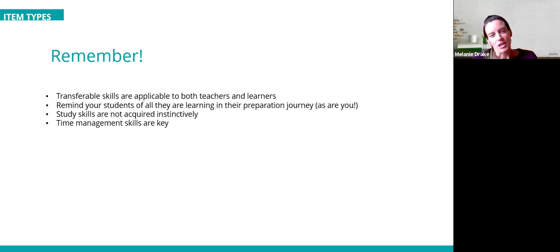I wanted to mention as well, though, that study skills are not generally acquired instinctively in our learners. So it's something that we want to be very mindful of as educators in the classroom. Note-taking skills, for example, is one example of a study skill which is absolutely crucial to success in a test like the